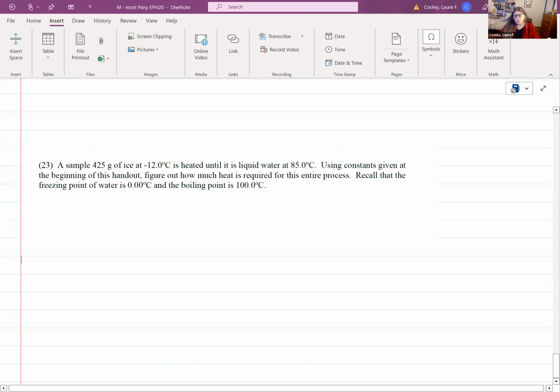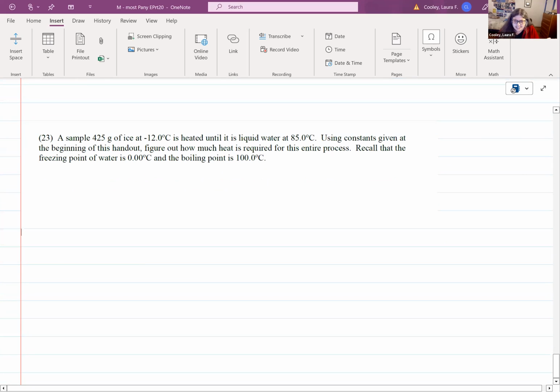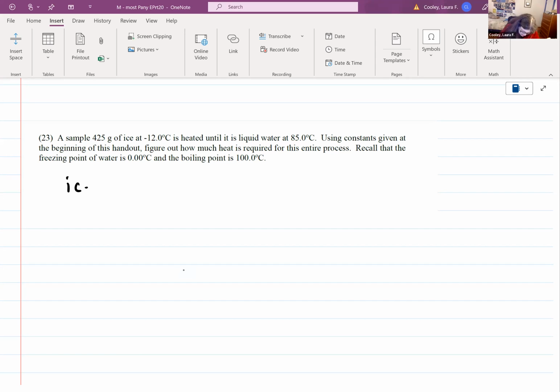Boy, this problem is boring. So we're heating up a sample of ice, right? This is a long, boring problem, I guess we should do it. All right, so we have ice. We're heating it. We're starting at -12. So when we get to 0 degrees,